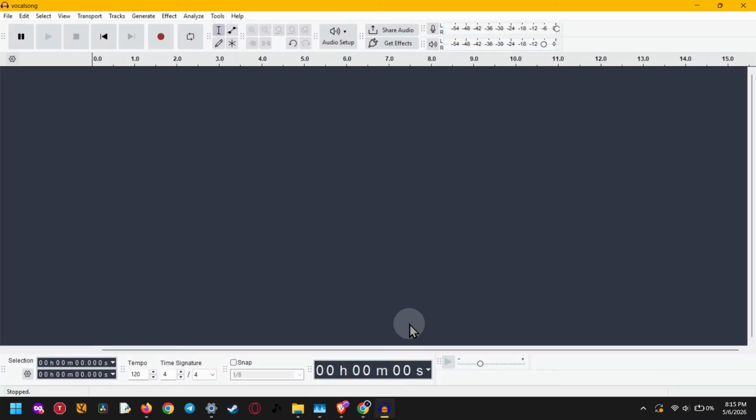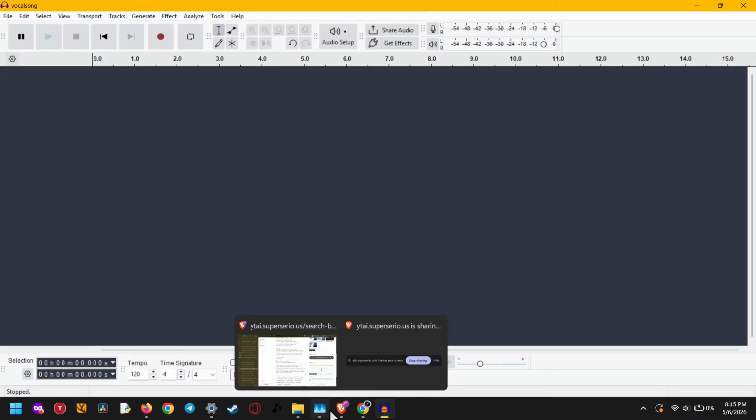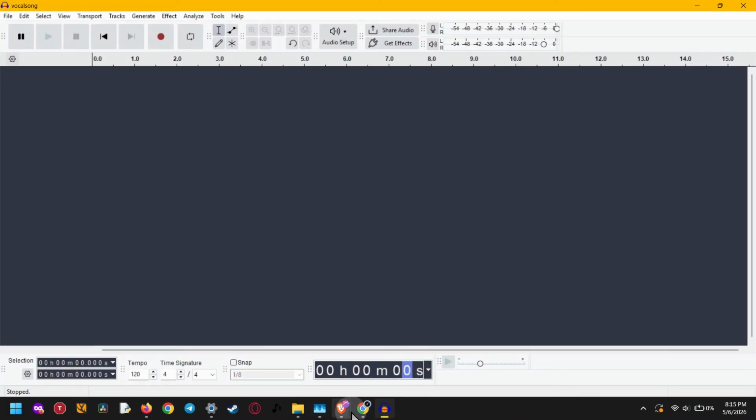Today, I'm going to show you how to remove vocals from a song in Audacity, step by step, so you can turn any stereo track into a clean instrumental version in just a few minutes. This is a really useful trick if you want karaoke tracks, background music, practice beats, or just an easier way